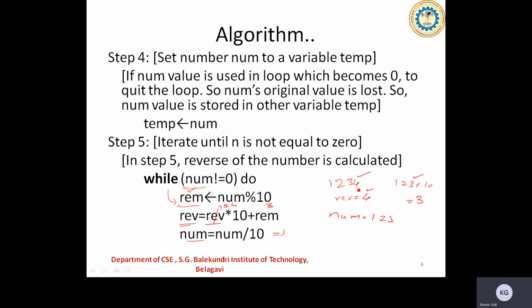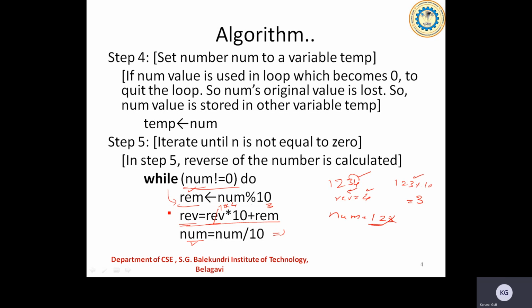The meaning of this is that now this 4 is moving towards the left side, and this is inserted at the other side, at the units place there. This is how this equation is helping us to do that task. Then to get the next quotient part of this, to get only 12 here, I'll be proceeding with this. So I'll be doing this till I get the reverse of the given number, or till this particular number becomes equal to 0, right?